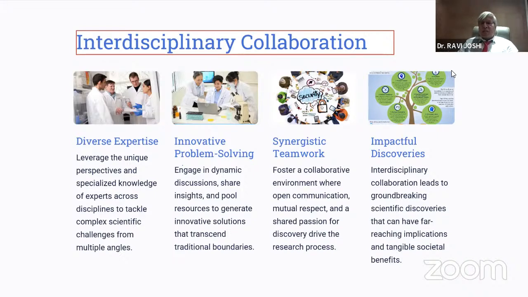And that's why these days we go for a mini project and minor project whenever we go for the student of science. So for the student of science, we need to focus more on synergistic teamwork, because we are required to work in a collaborative environment where open communication, mutual respect, sheer passion of discovery will take you to the research finding. Because for a pharmacy, developing one single molecule is a very difficult, challenging task. So we require synergistic teamwork into that